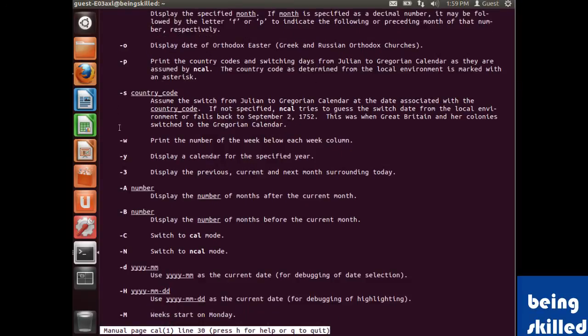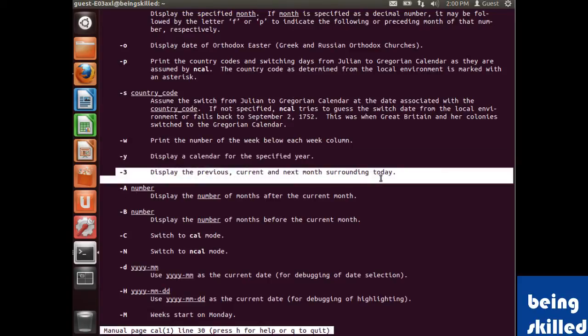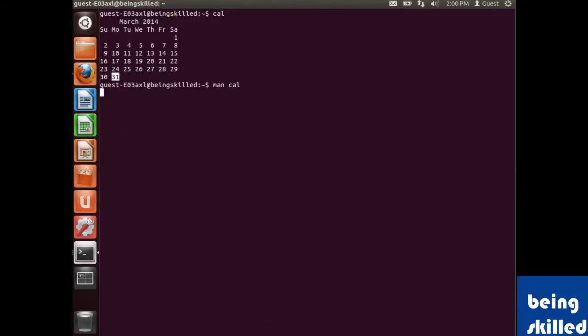Now if we want to display the calendar of an entire year, then we can use -y, and we can try using -3, which displays the current month and the immediate previous and next months. So let's try using those.